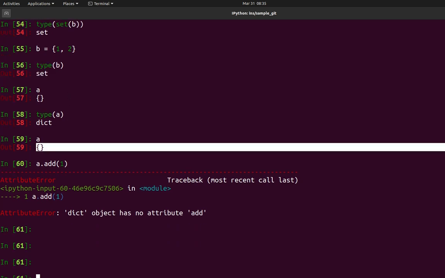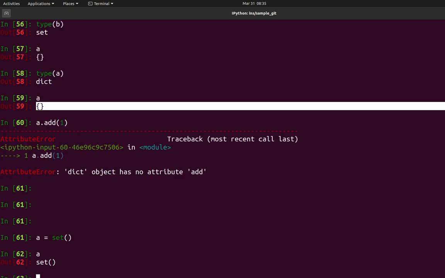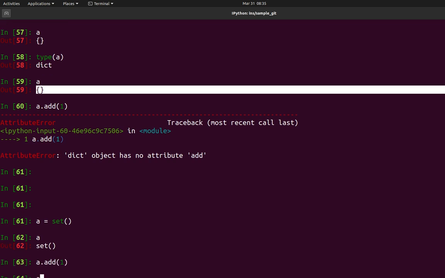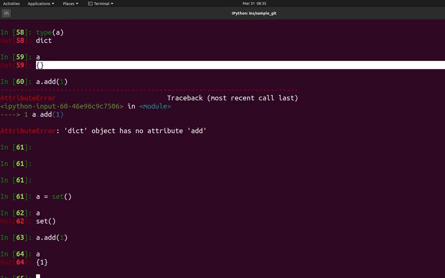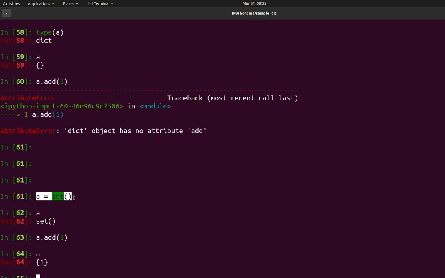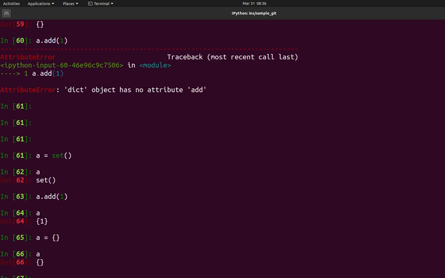If you want to create an empty set, you can use this particular method to create an empty set. Now it will create like this, rather than simple curly braces, and you can add the elements also. Fine. So just be careful while using sets and dictionaries, because since both of them use the same curly braces, there is some misunderstanding between those two. You can only define a set like this, but if you directly define simple curly braces, it will automatically take it as a dictionary. Okay, a is a dictionary.